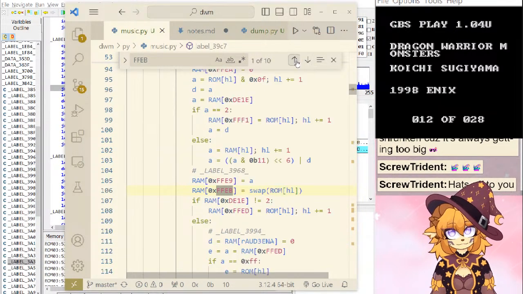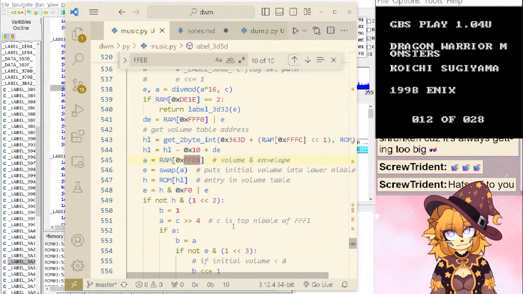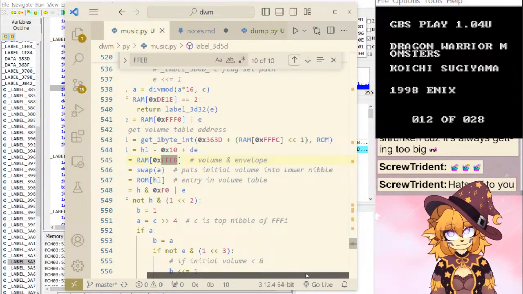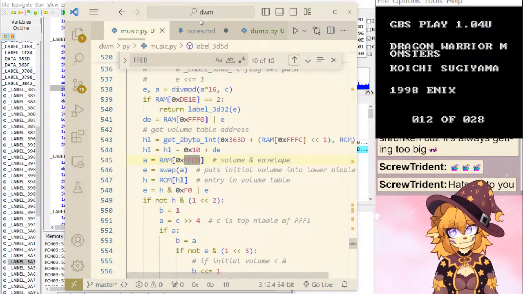So we do think it's the entire volume and envelope. But the envelope's in the top nibble? Maybe I have this backwards. I'm not too sure.